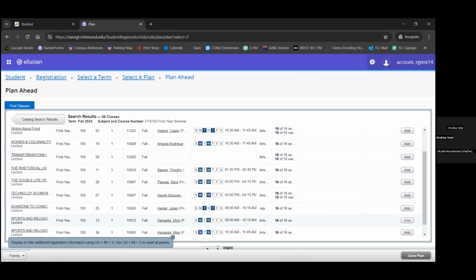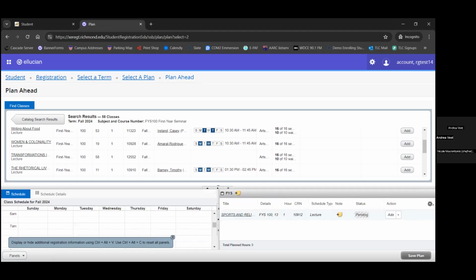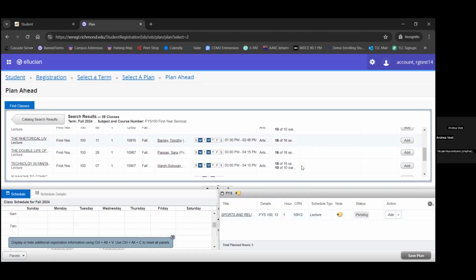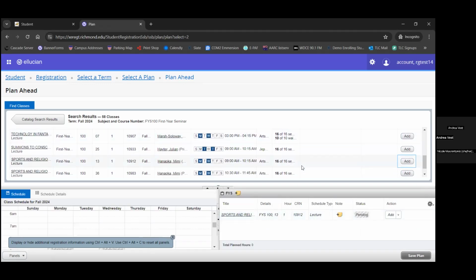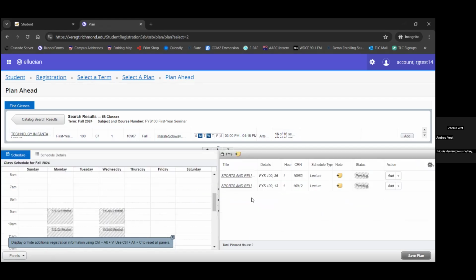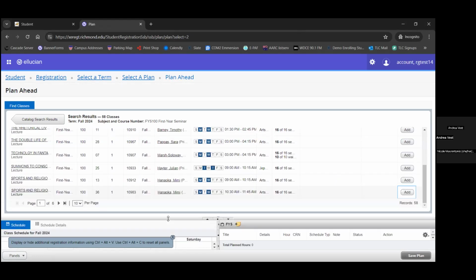So sport and religion, we can see two sections of sport and religion being offered. So what we'll do is add the first and then add the second. So to note, you can add two sections of the same class. So reviewing the sections, you may also see this course titled Summons to Conscience.